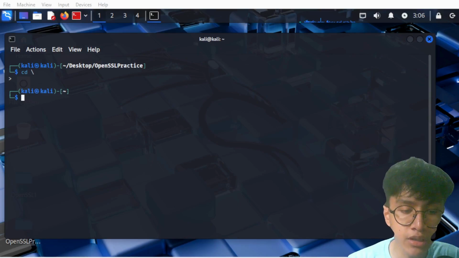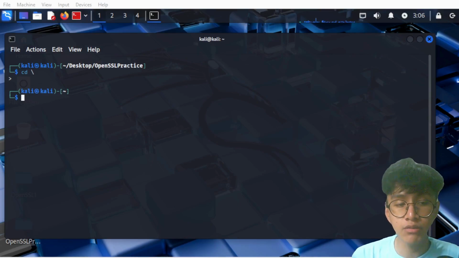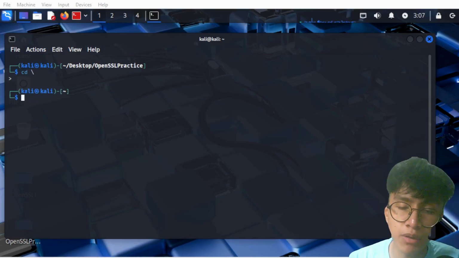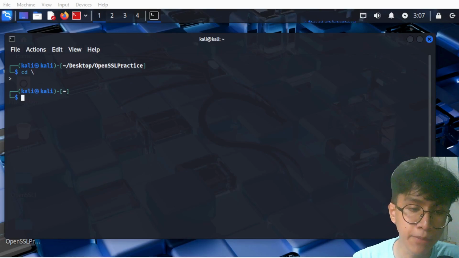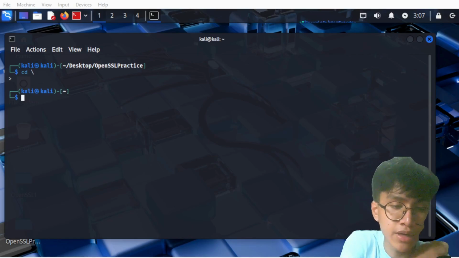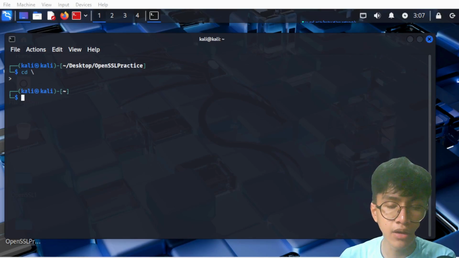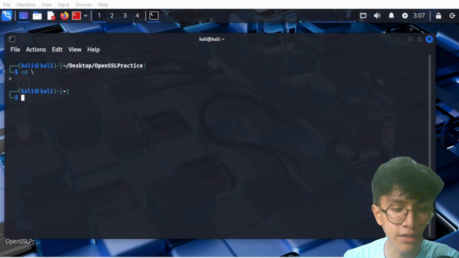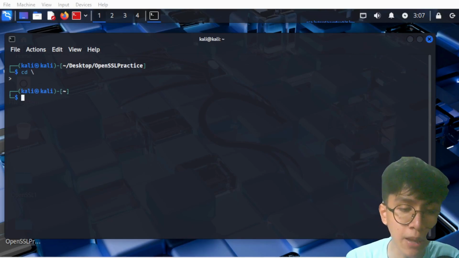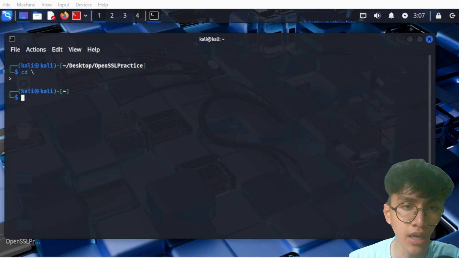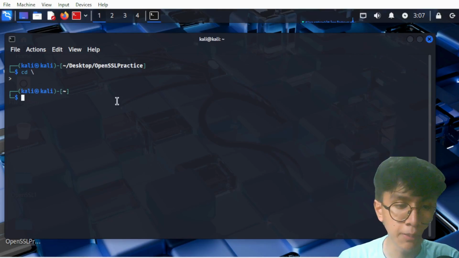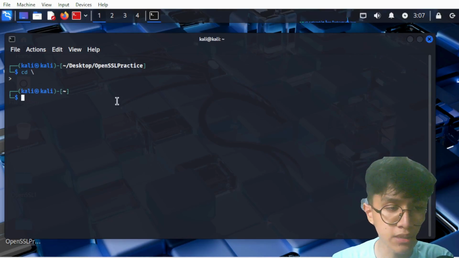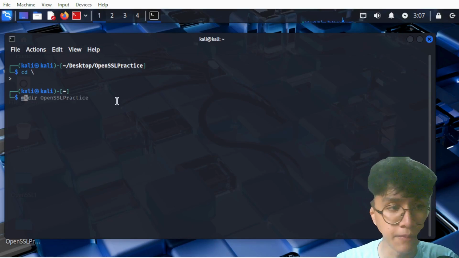So activity number 2 is also about a real world scenario. For example, I have a problem where I downloaded a file but I don't know if it is authentic or tampered with. Here we're going to simulate a scenario where we create a file and see what happens if we tamper with it, whether the hash value will match or not, so we can see if the file was tampered with before and after. So let's make a folder where our file will be downloaded.